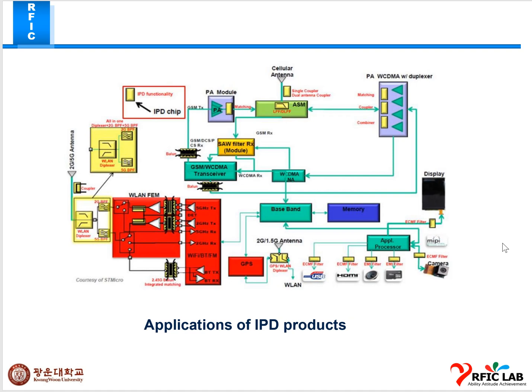This is application of IPD products. In this you can see PA module, cellular antenna, PAWC, DMA duplexer, and there is a WLAN 2 GB to 1.5 GB antenna, and display, baseband, memory, application processor, GSM, WCDMA transceiver for communication, and many other IPD products also have been used for this WLAN